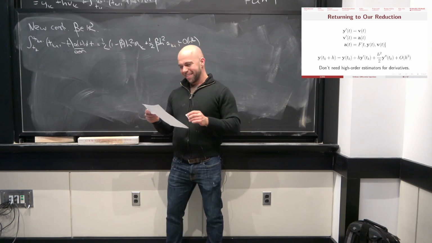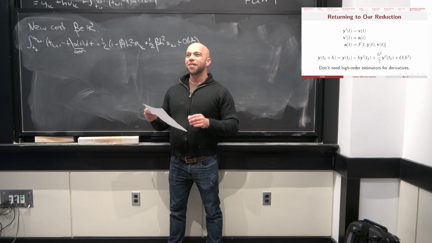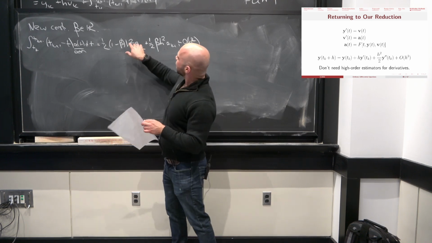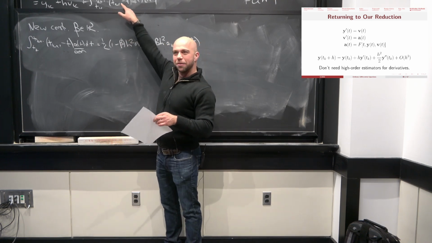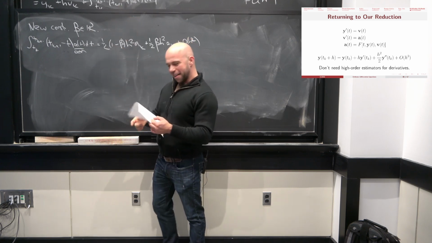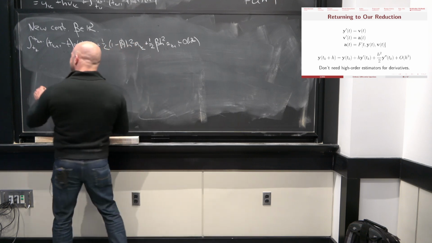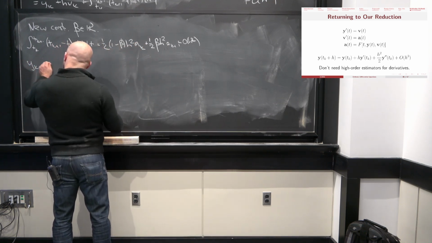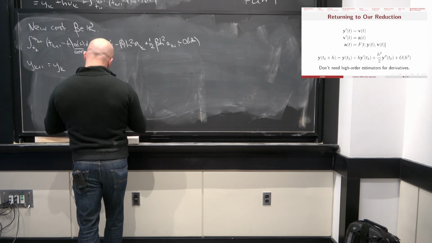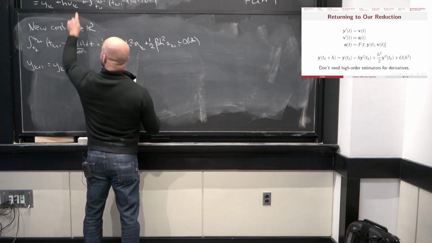So we're almost done. Why did we have this integral? It was one term in our expression for yk plus 1. So now we're going to substitute that in for this integral here, and we're going to get that yk plus 1 is equal to yk plus, we have an hvk,